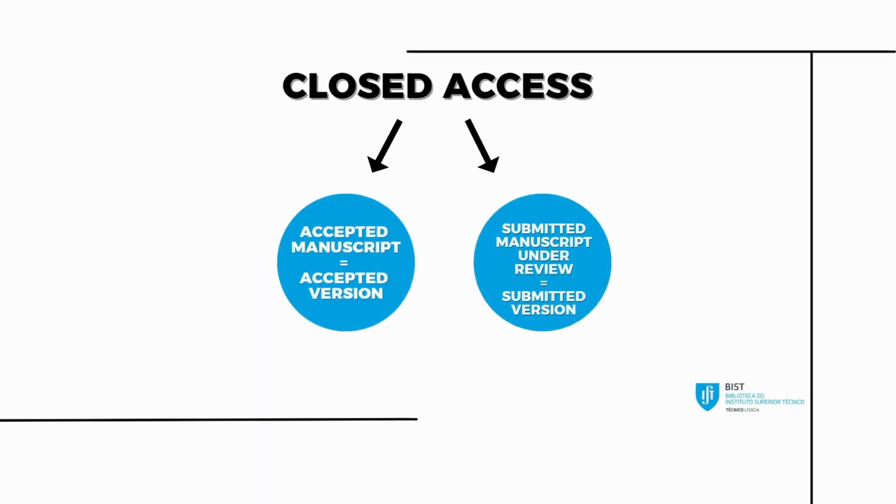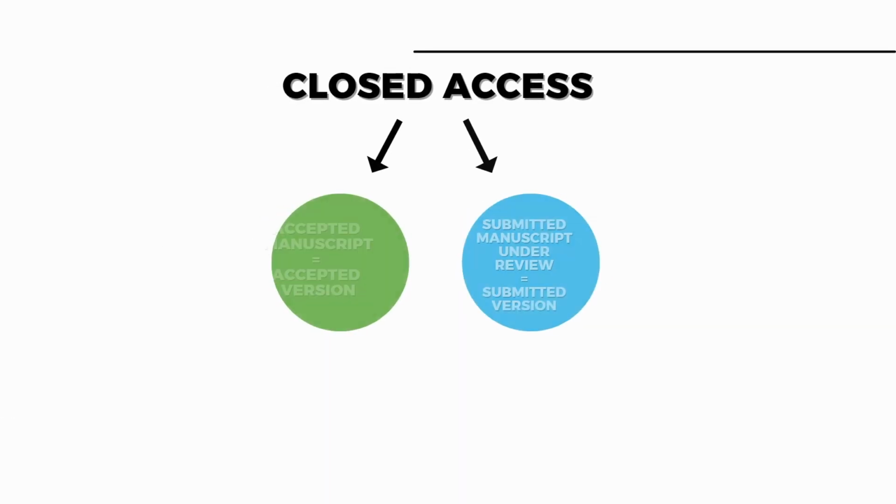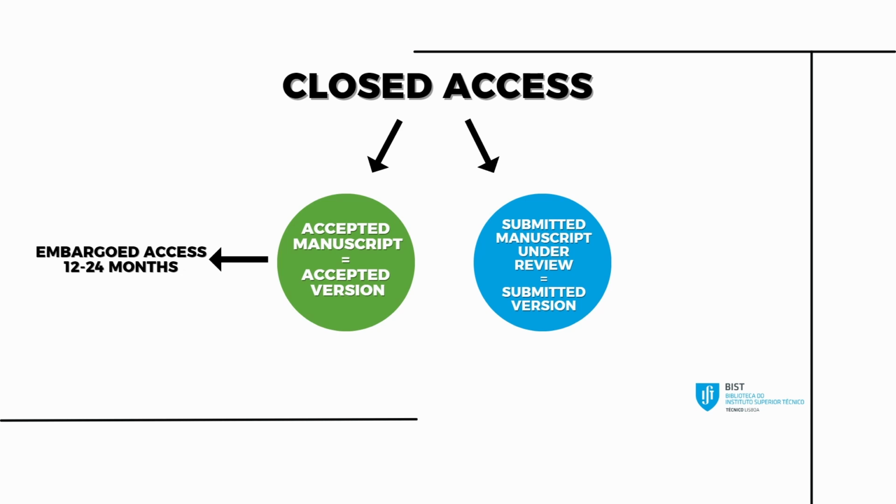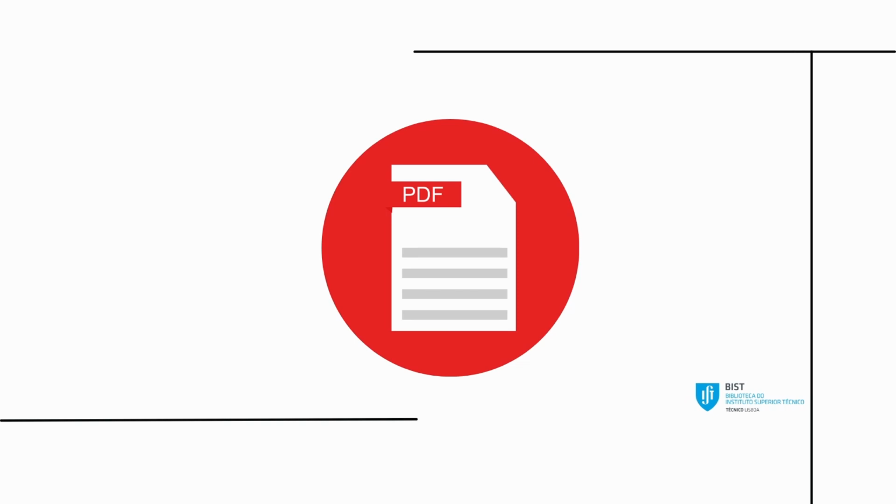Closed access. For documents that are in closed access at the publisher, it is necessary to know the journal's policy, what permissions they give, and what type of files it allows to add. In general, two types of files can be accepted: the accepted version or the submitted version. Most allow the deposit of the accepted version, and may sometimes impose an embargo period. To avoid depositing the wrong file, authors can use a platform that defines the open access permissions of thousands of periodical publication titles.